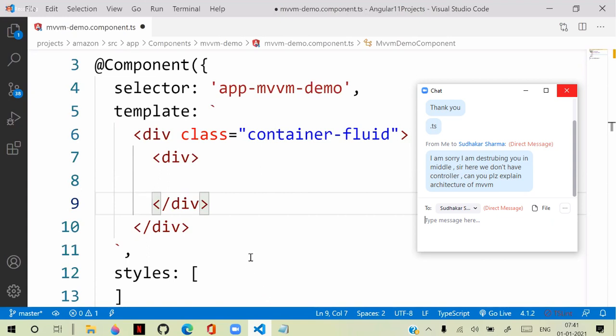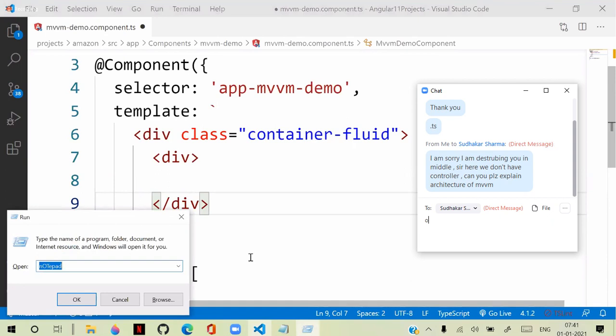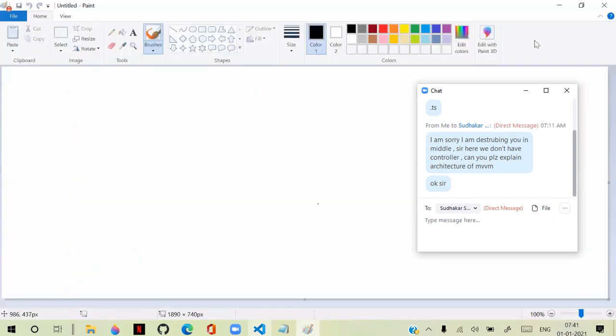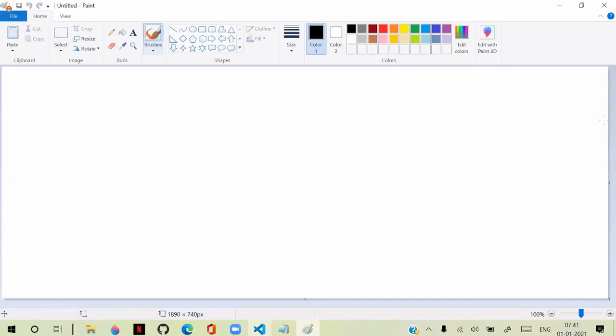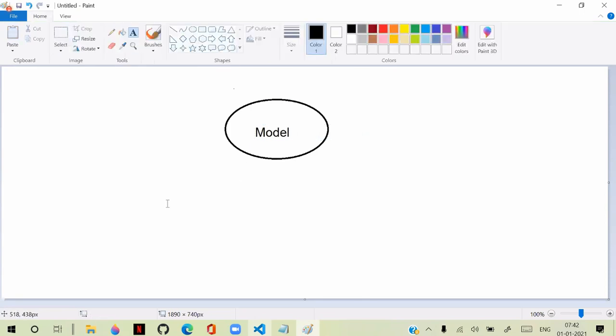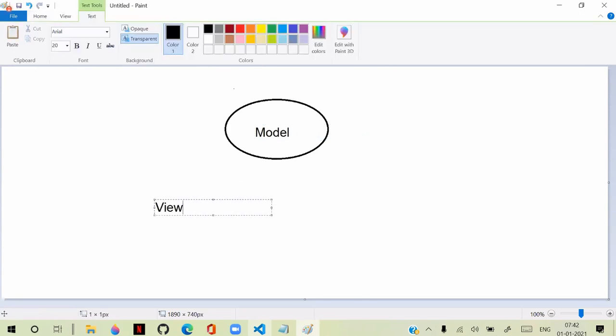There is nothing much to explain about MVVM architecture. Only model and view model will be there. Understood? That's a simple thing. Already we discussed MVC. The point is you have a model, a view, and a view model.